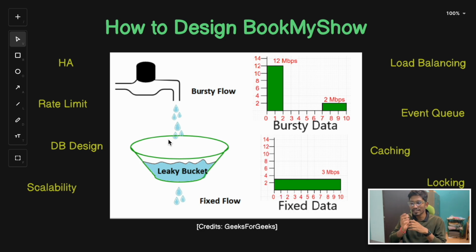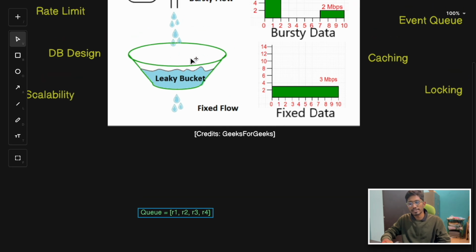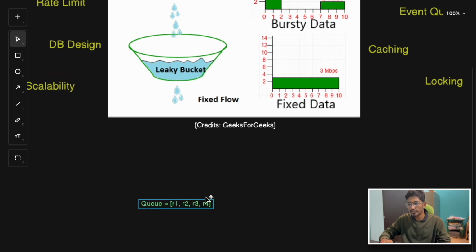So in rate limiting using the leaky bucket algorithm, we'll have a queue which will hold the requests first. We can have multiple requests coming from multiple users, right? It will hold the requests first, and it will have a fixed capacity. As you can see, this bucket has a fixed capacity to hold some water. So let's say this queue has a fixed capacity of 4. And we'll have servers,